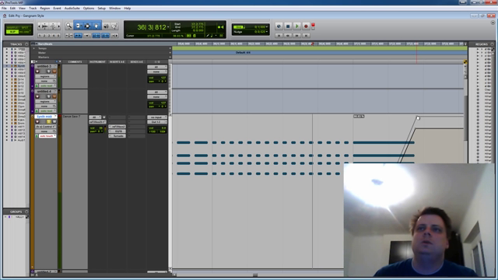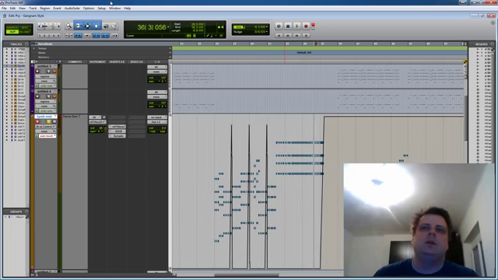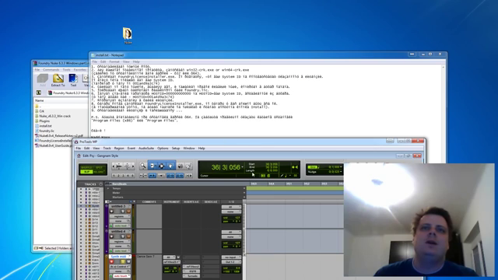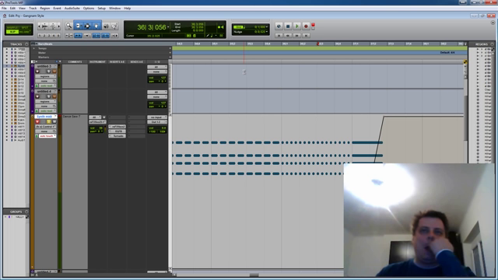Lower, it shouldn't stop. So this point has to be later. Yeah, this is basically what I wanted to do, but it doesn't sound that